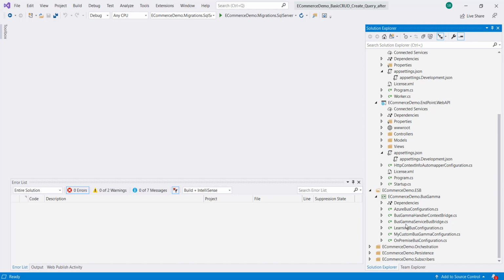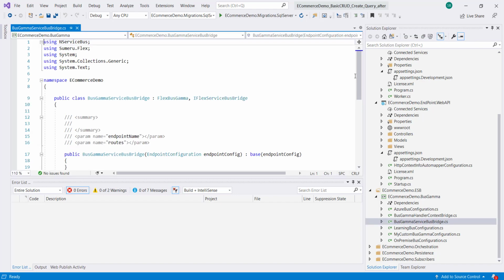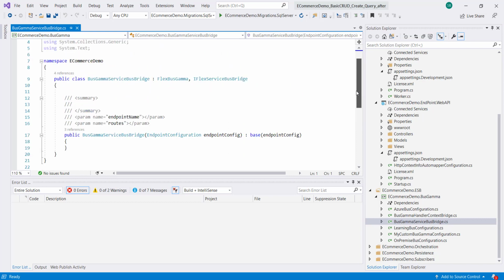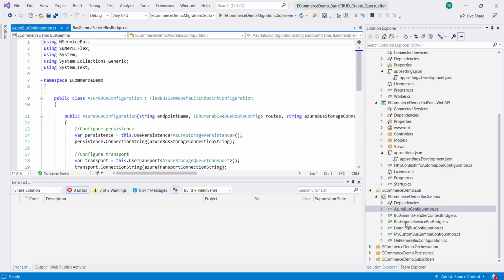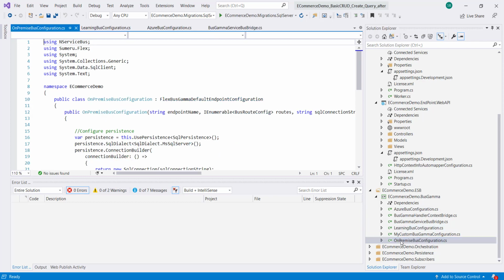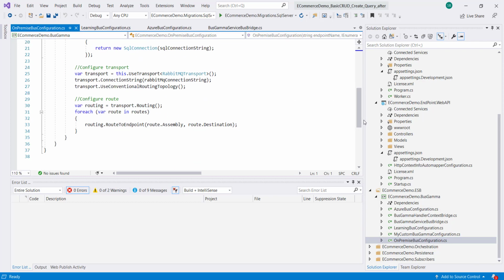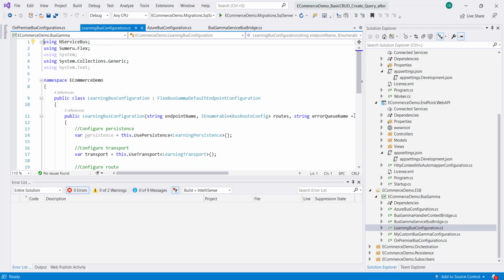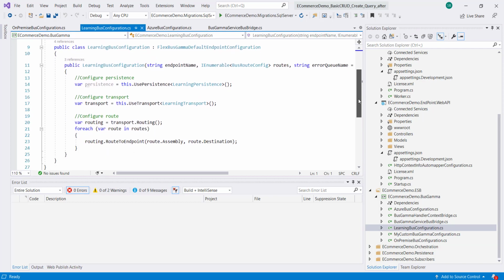So if you see here, we have the bus gamma service bus bridge, that is the core bus instance that is available to you, and we have Azure bus configuration, learning bus configuration, on-premise bus configuration. So by default you have the learning bus configuration available with you, so you can configure your own stuff also here as per NServiceBus guidelines.